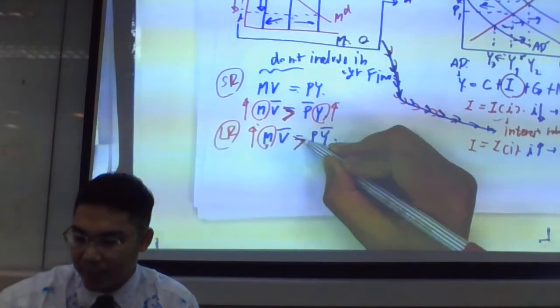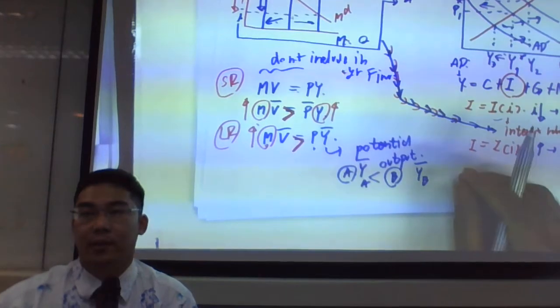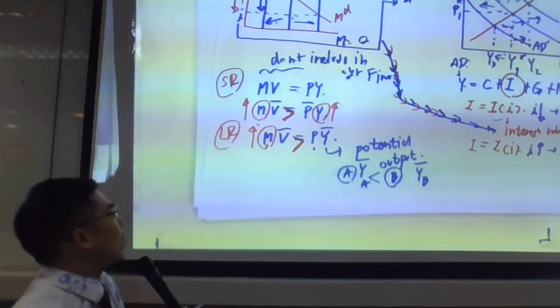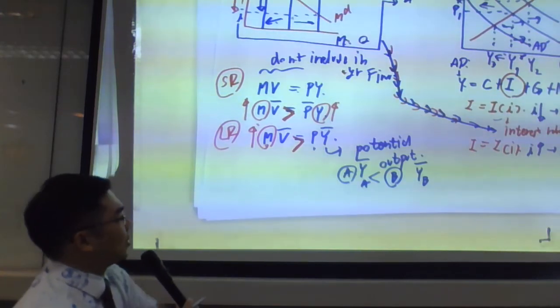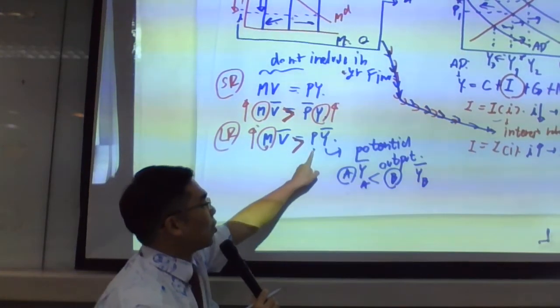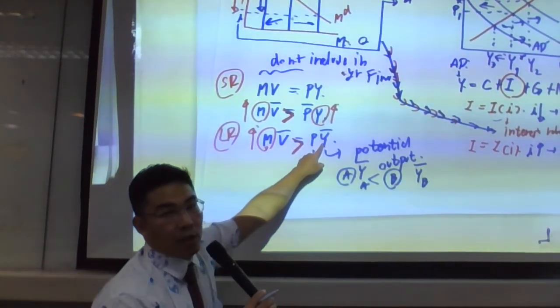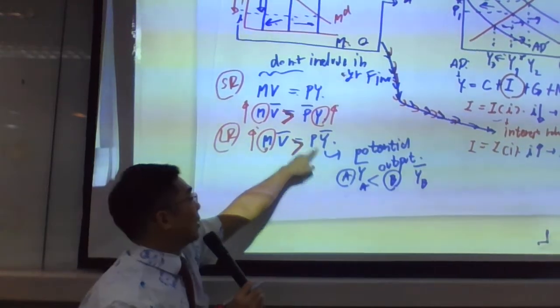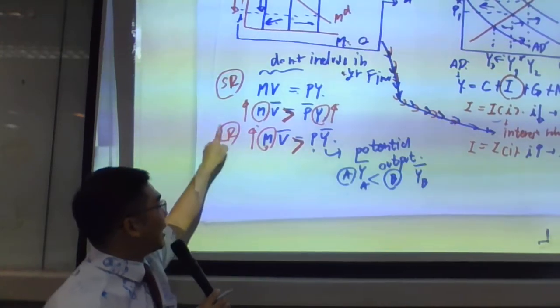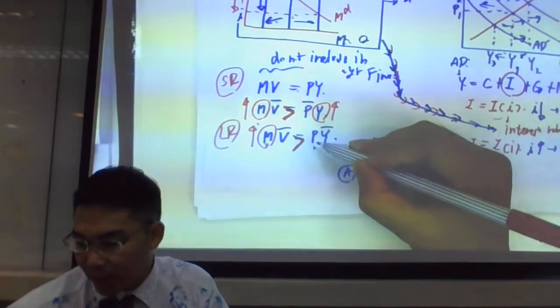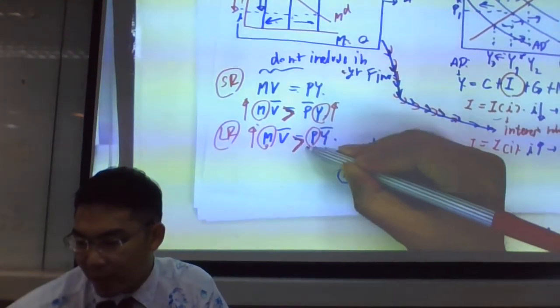This one will be the inequality, right? So in order to restore the equality, the price should go up, not Y, because Y here is fixed in the long run. Okay, Y is fixed in the long run. That's why the monetary policy is